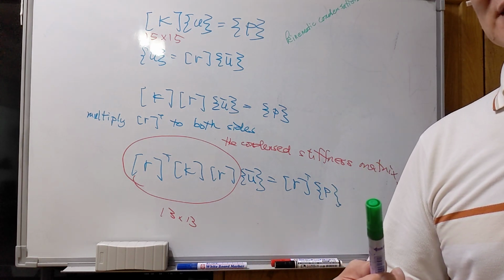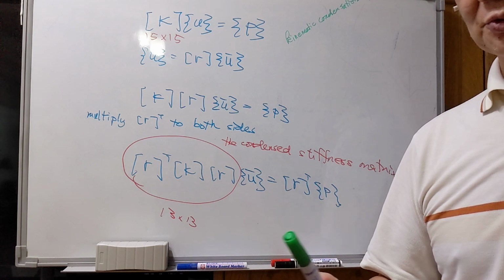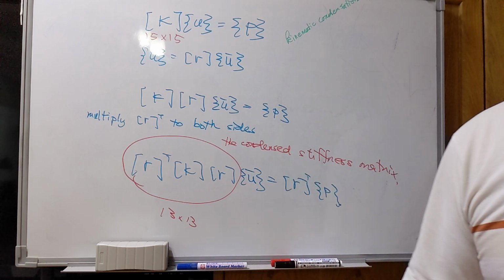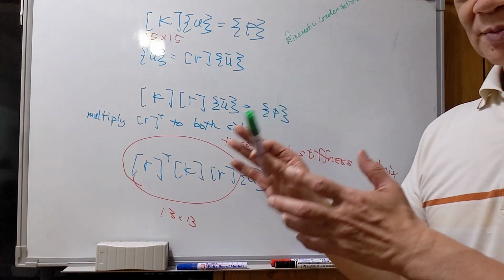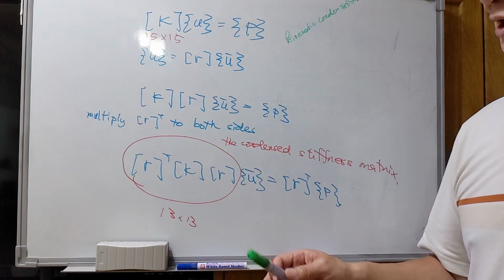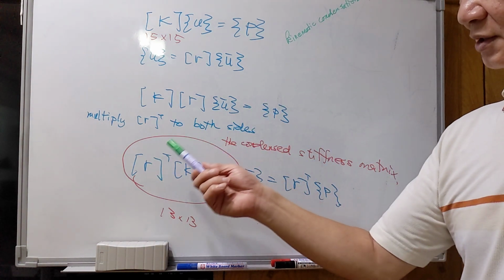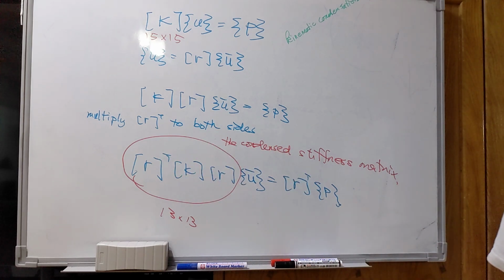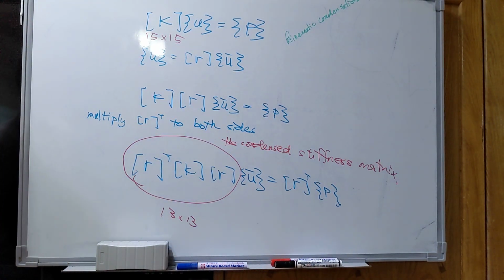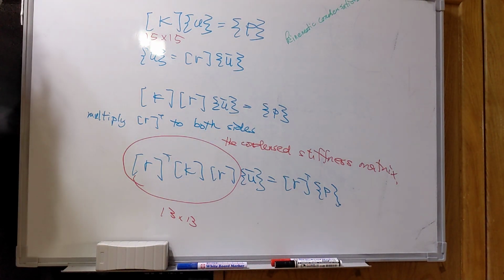So we have the elongations of these two elements equal to zeros. Based on these two kinematic conditions, we can get a condensed matrix. Okay, so that's another type of kinematic